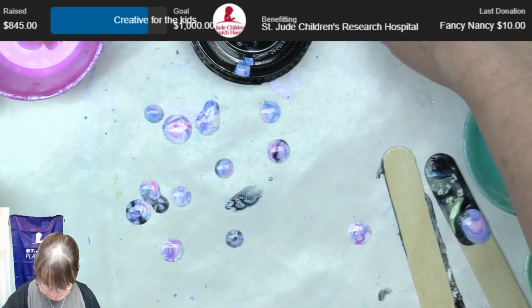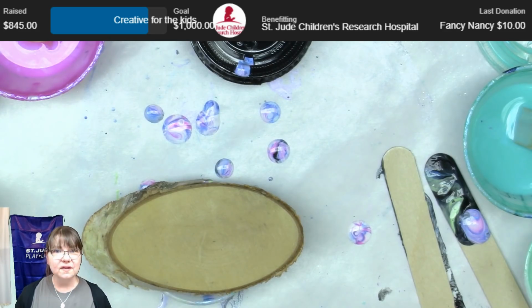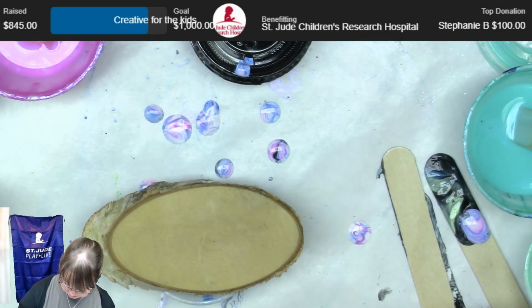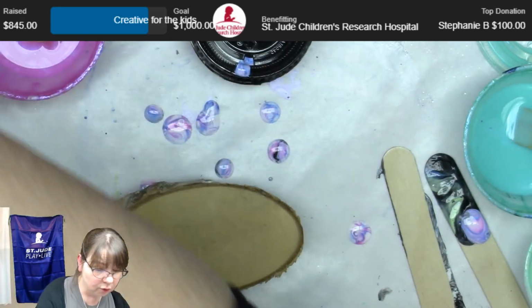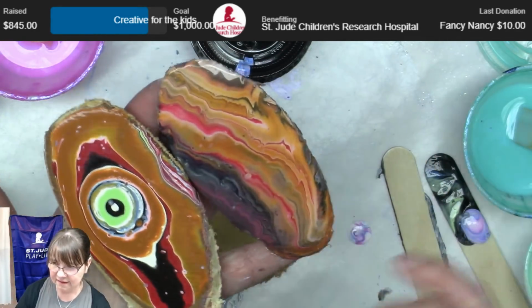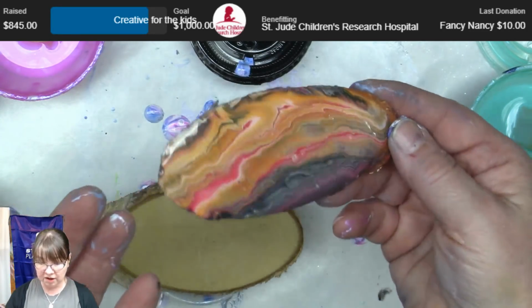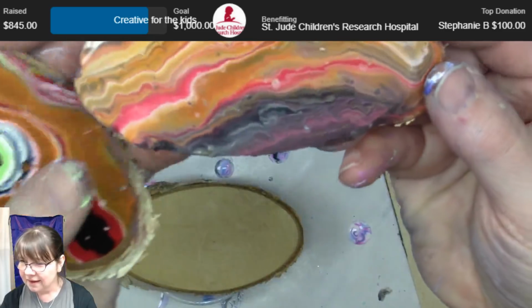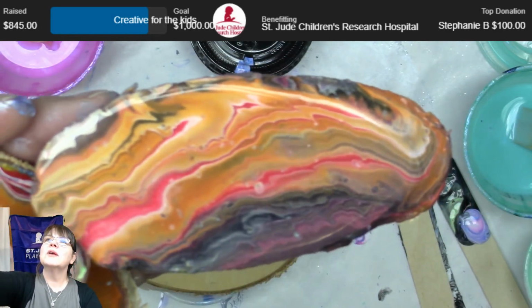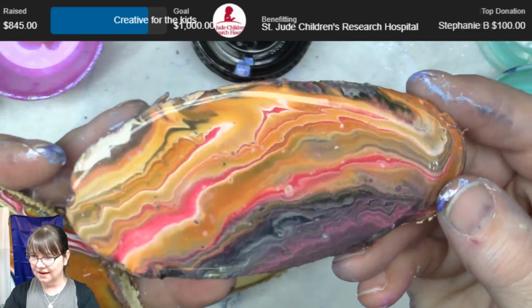All right, I'm going to just set this on top of a cup. And I want to do that sort of earthy colored, orangey tone that's like these guys. Now remember, this one is coated with that top coat pouring medium. This is actually 2 coats of that pouring top coat. I'll bring it up even closer. Let's see if we can get it to focus up here. There you go. So now you can see